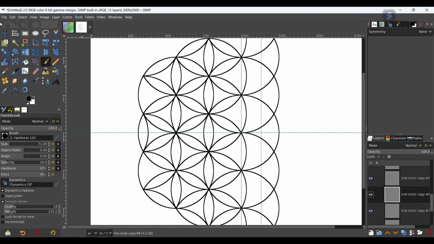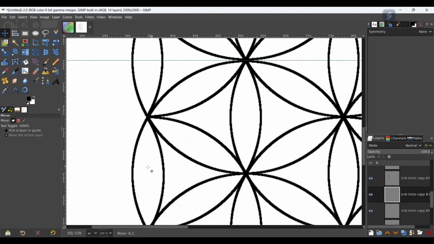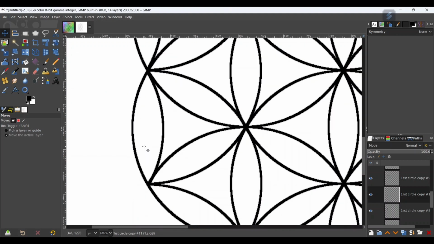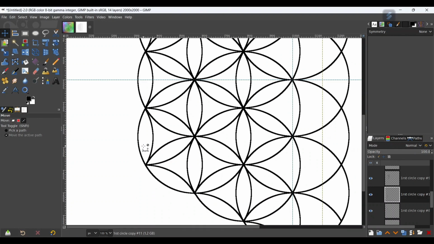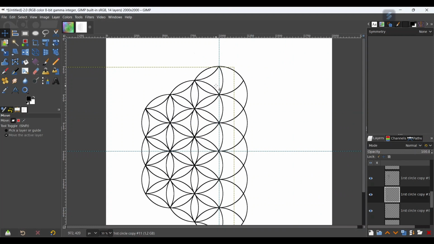We duplicate it. I move it here. Then I duplicate it once more. So make sure it is well aligned. Okay, so like this should be good. Okay, so now as you can see we have the left half of the flower of life that is now